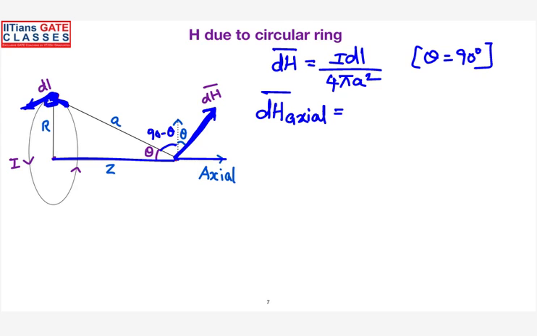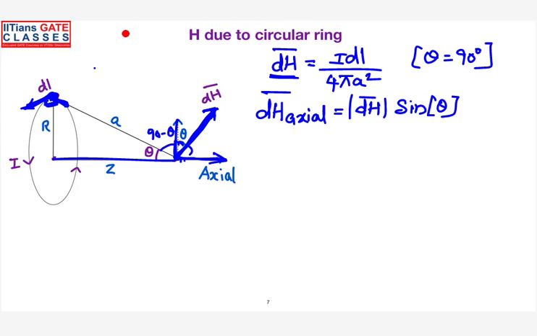So first of all, I want to define what is the magnetic field in this direction. You know the resultant vector, right? And you know the angle. So what will be this component then? dH cos theta. So what will be the magnetic field in axial direction then? If it is theta, this is 90 minus theta. So whatever the magnetic field in axial direction will be the resultant magnetic field multiplied by sine theta.